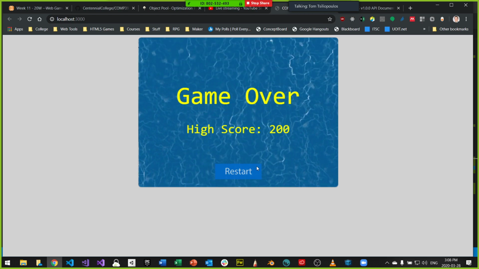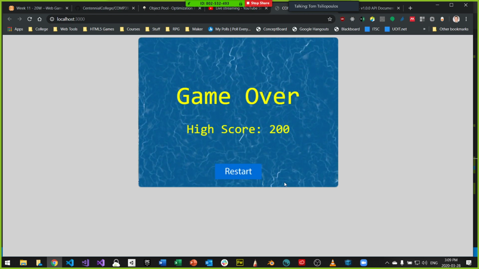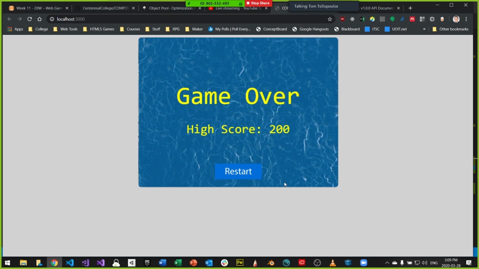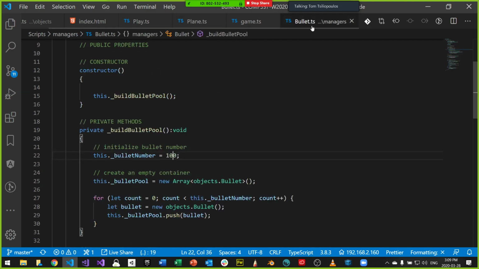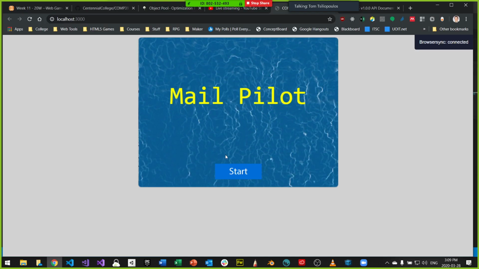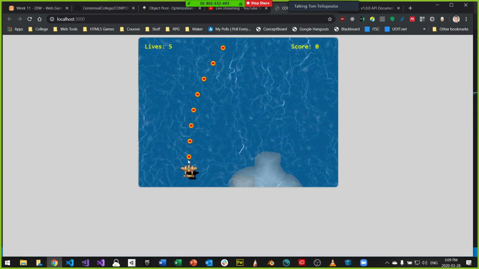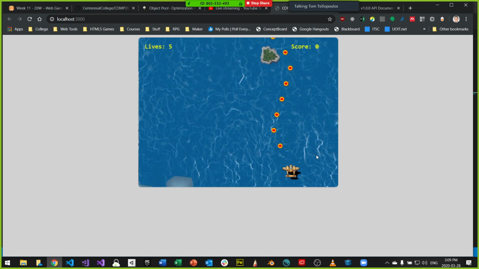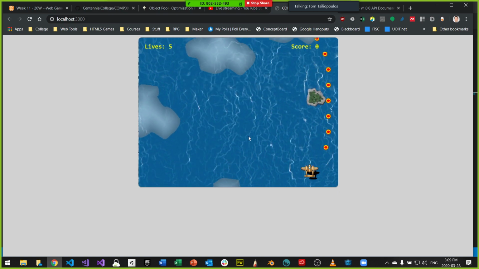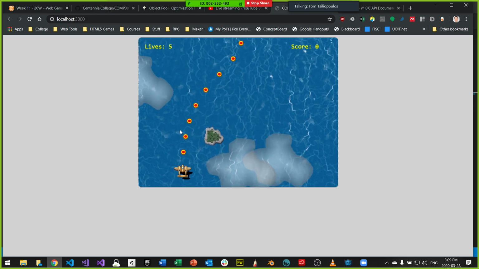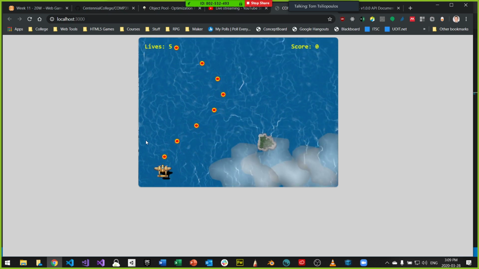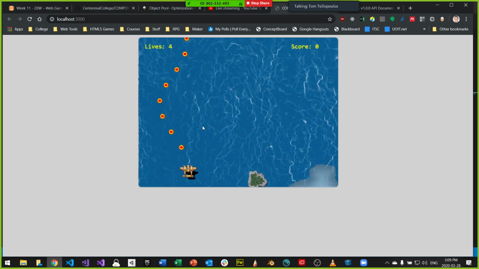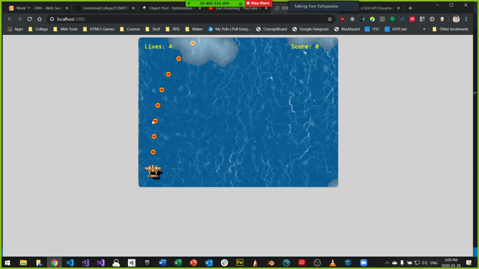Let's see what happens if we only have a smaller amount of bullets. Let's say we only have 10 bullets. Is that enough? And again, you can experiment with the right number. So if I go to Bullet Manager and reduce this number to 10, and do it again, now you can see I have 10 bullets. It still looks okay. Let's make sure that there's only 10, so I'm going to refresh and do that again. It is kind of enough to move out of the screen. With 10 bullets, you're good.